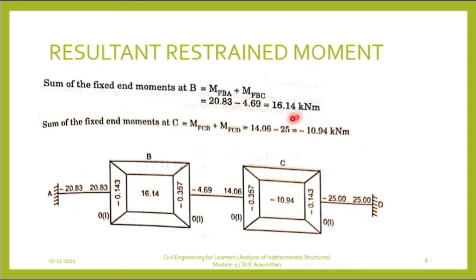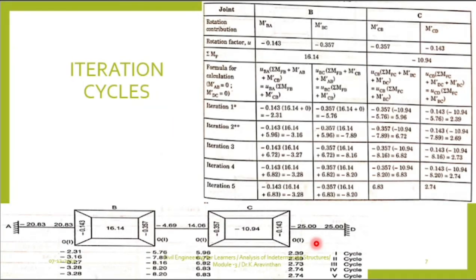16.14. The same value you have to write inside, and at the joint C, this is balancing this joint. If you subtract 14.06 minus 25, you will be getting 10.94 as the answer. So if you know to make this diagram, it will be easy for iteration. Next step,